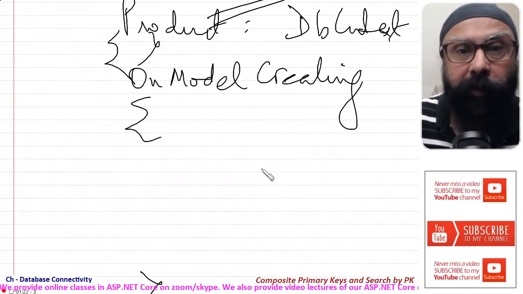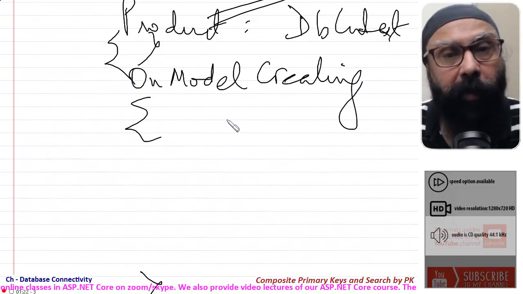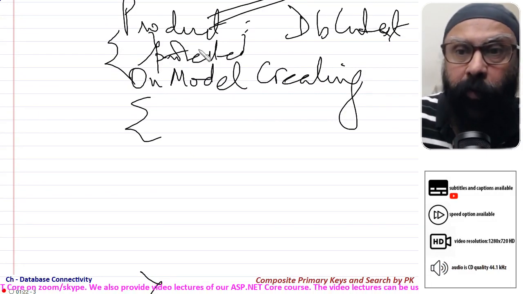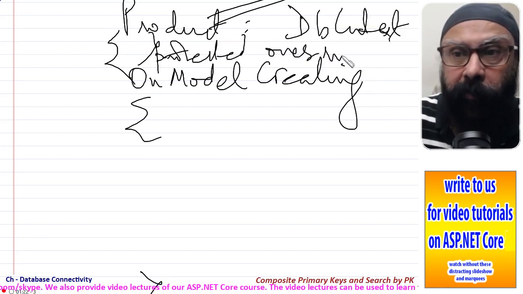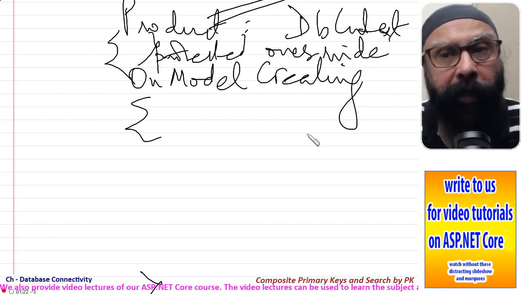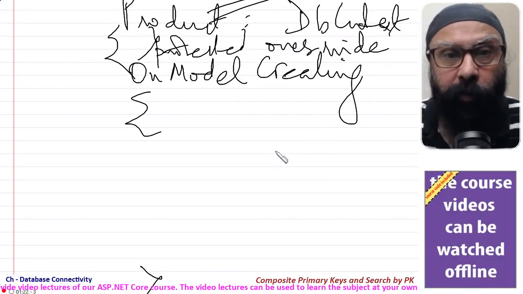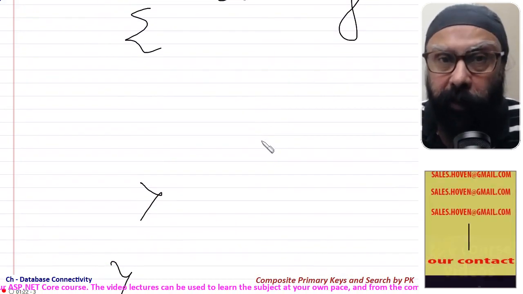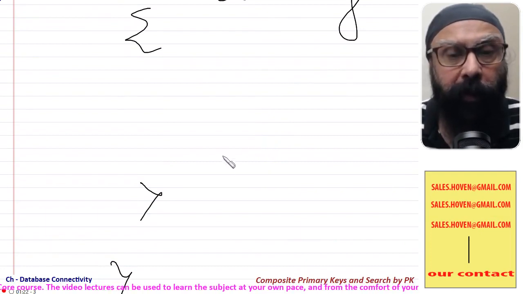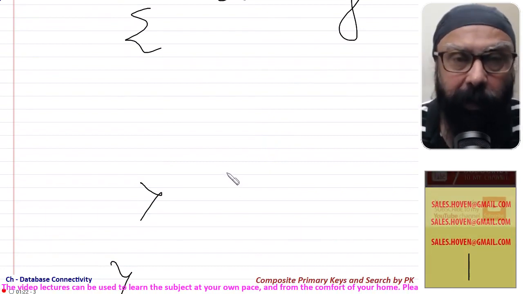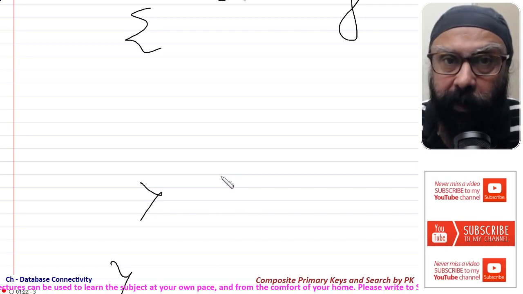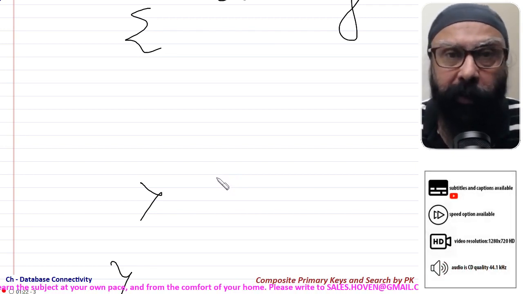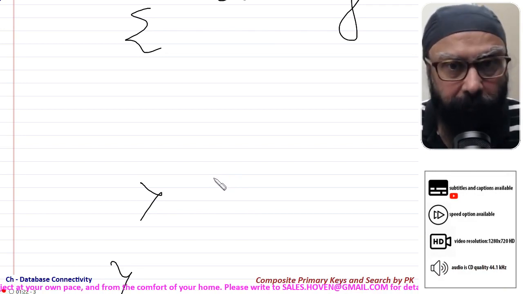One of the methods you must already be remembering is the protected override void OnModelCreating. It is in that method that we have to specify that these two particular properties will form a composite primary key, and there we specify the order in which these two primary keys are to be treated during search.